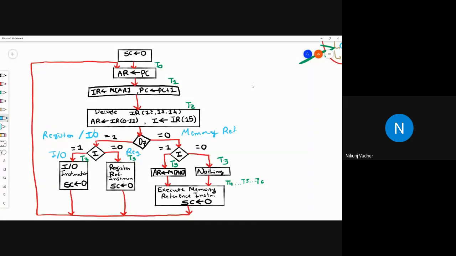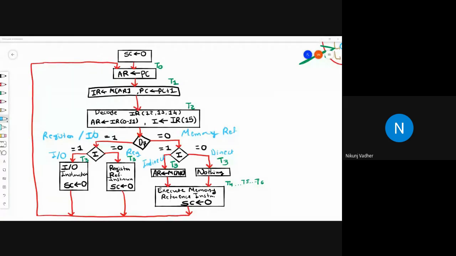If it is 1, then let's say indirect. If it is 0, then direct addressing mode. So this is how an instruction cycle works. These are the various stages through which an instruction will pass.